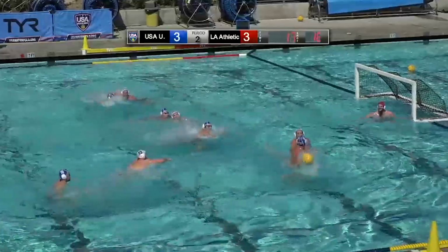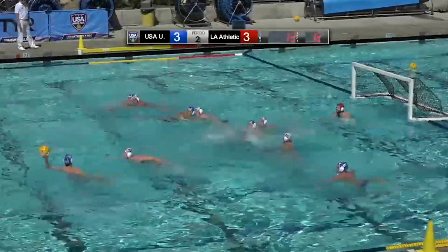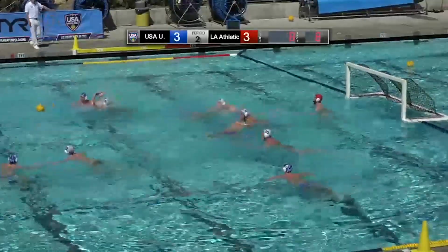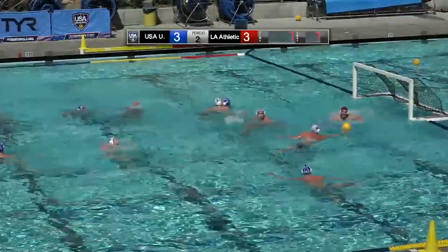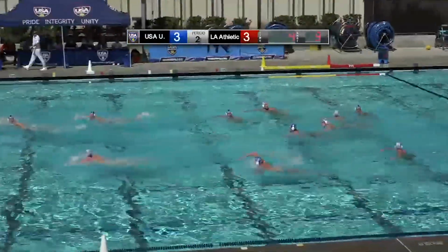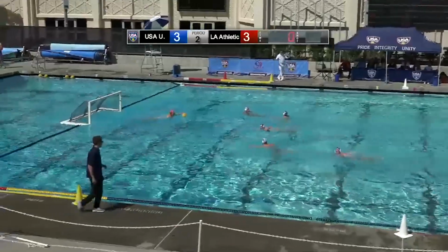Barely separated. In the meantime, LA goes to work. Here's Bell. Rolsa trying to tip that one away. Bell will take the shot. Hollins there with the left hand. 6 seconds left. Last chance for University. Holland looking for help. He'll take it himself. Danner knocks it down, and we are